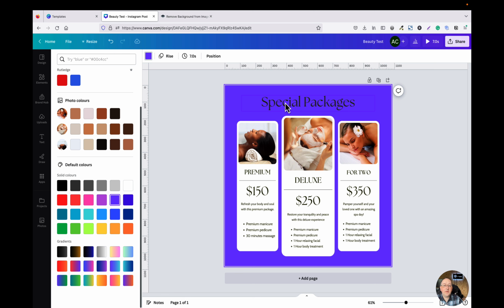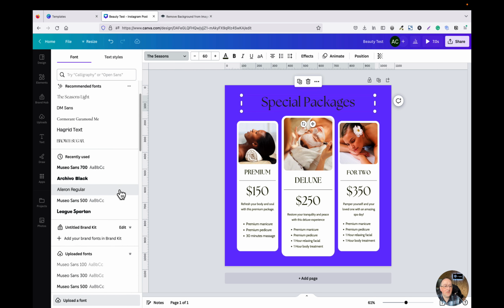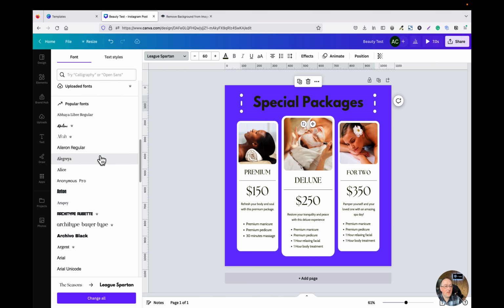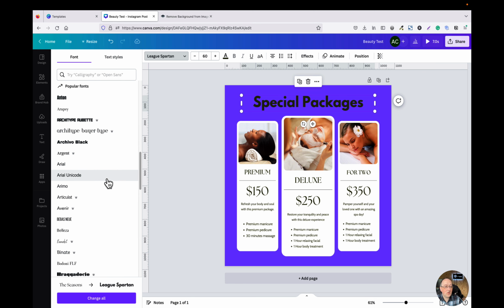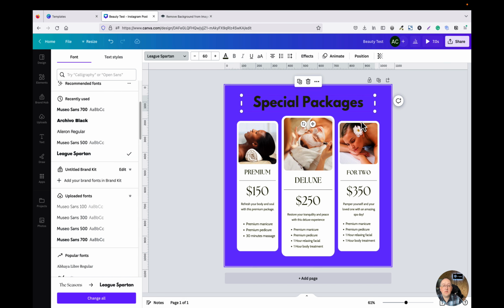And then what we can do as well is click once on the actual text, and at the top left hand corner we can change your font style. And again, there's lots of different font styles that are available on the free one. Anything with a crown is the pro, but there's more than enough choice available for free. So I'm just going to go for that League Spartan one because that works quite well. We can change the font size